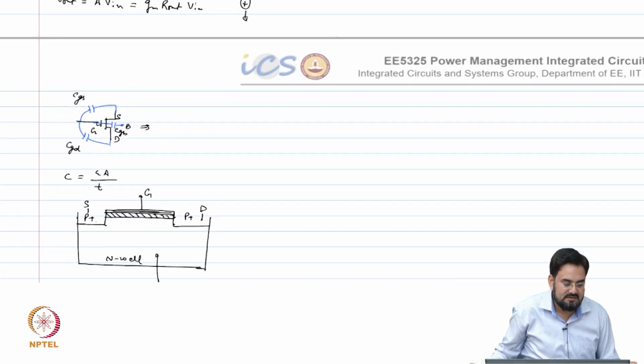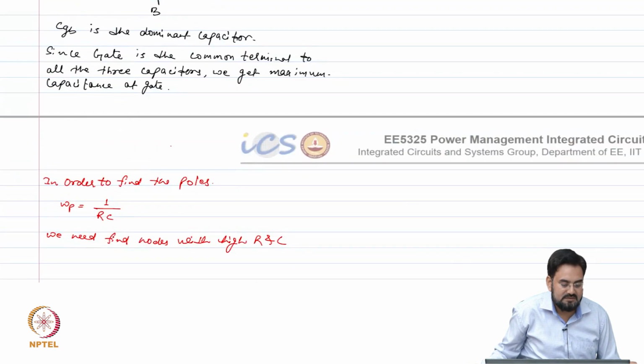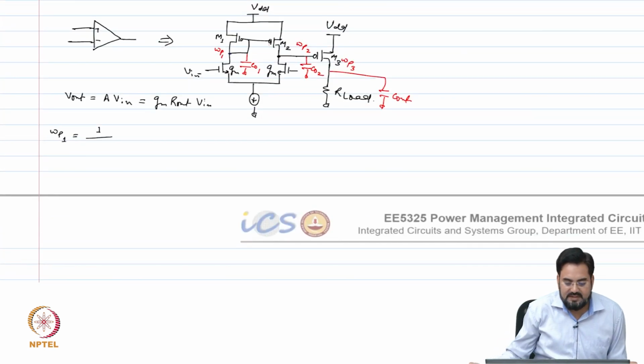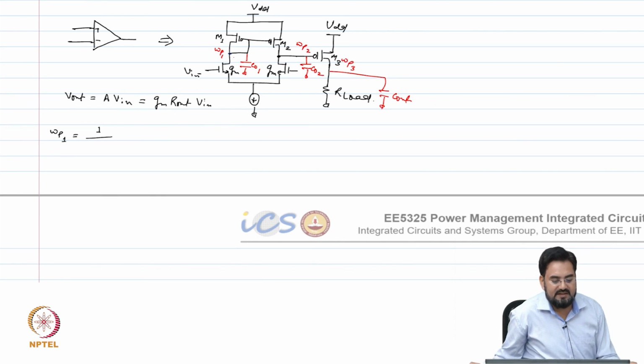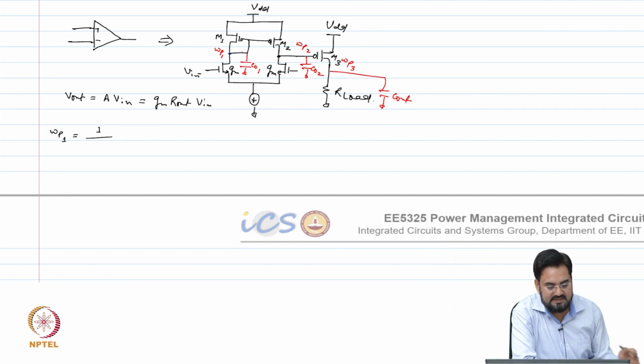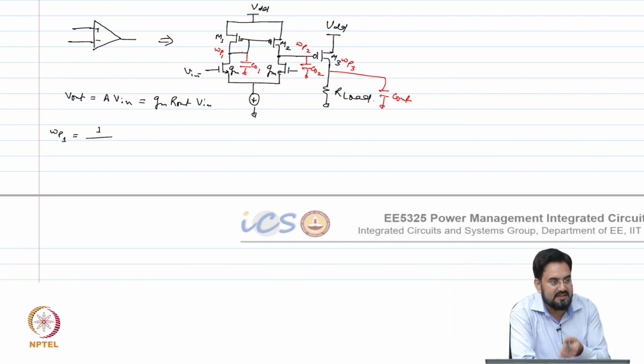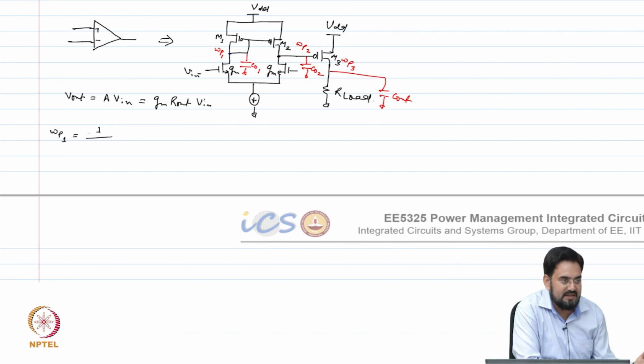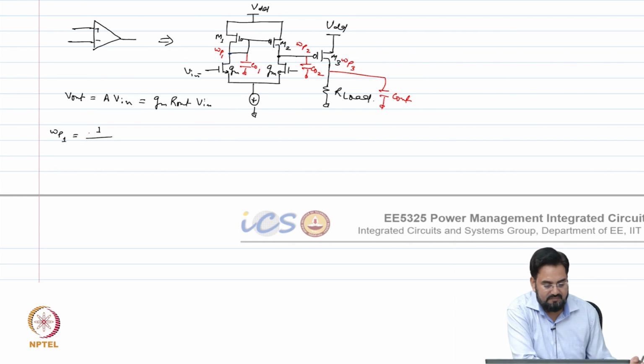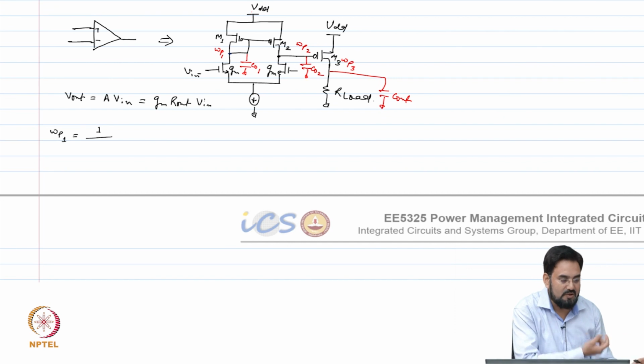So, remember this, you have a gate to bulk, gate to drain, gate to source. So, each transistor has 3 different caps. Okay. So, the M1 device, since gate and drain are shorted, there is no CGD, but you have a gate to source and gate to bulk. So, I will just add them together because they will be added up ultimately, because they are in parallel, because your bulk and source both are tied to the VDD common point.